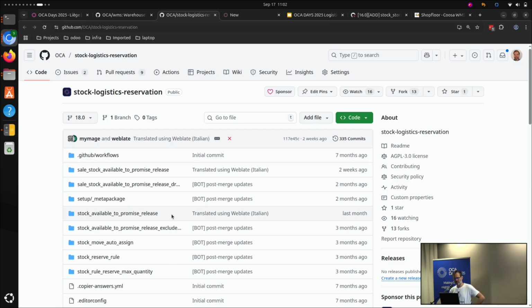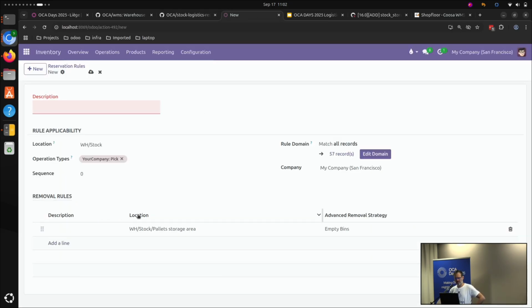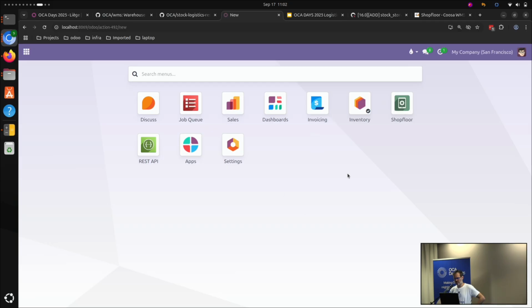Stock available to promise release. This is a module that we use a lot in our project. When you place a sale order,